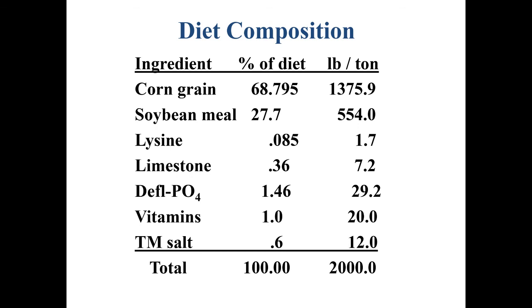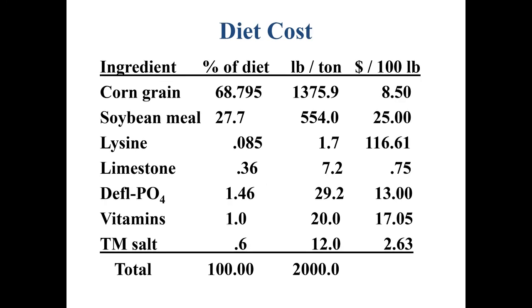on a ton basis. Okay, so we're mixing these ingredients at the feed mill to make a ton of diet. So that's exactly how much of each ingredient we need to weigh out in order to make a ton of this diet. Okay, so now let's figure out how much it's going to cost us to make this diet. So we'll add another column to our table. We have the list of ingredients, their percent of the diet, the amount of each ingredient in pounds per ton